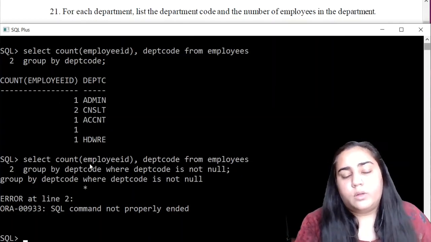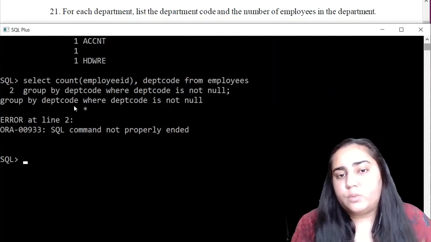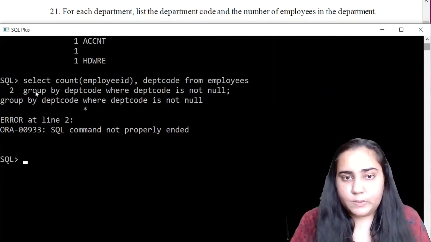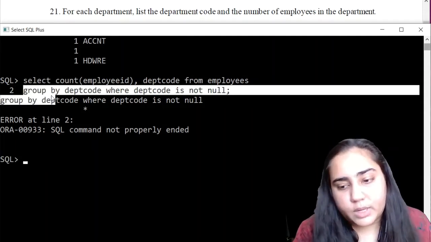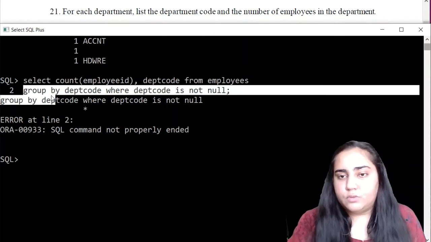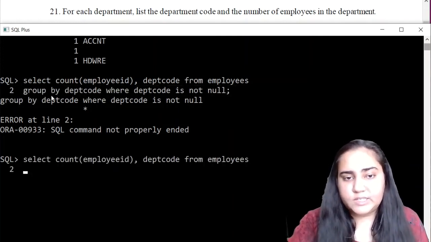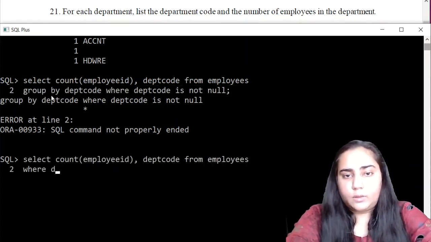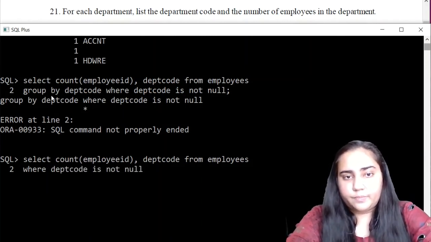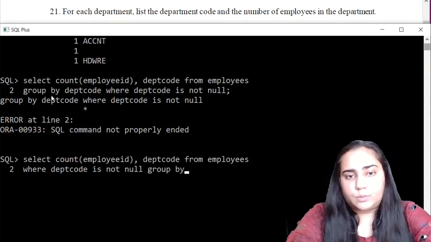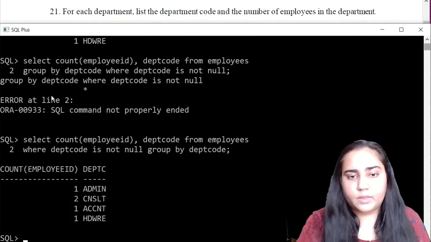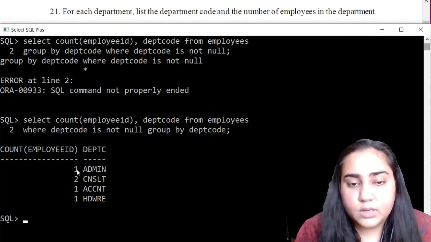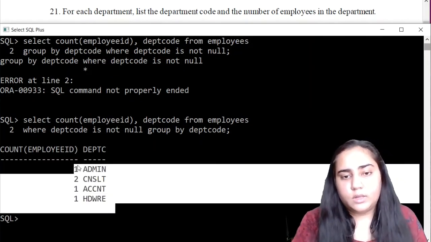Now, always remember that whenever you want to add a where condition with the group by clause, you can only add it before the group by clause. So this is a rule in SQL that after select, you need to write where. So where dept code is not null, and then you can do the group by. So after select, there should be where, and you can see now the null dept code is gone